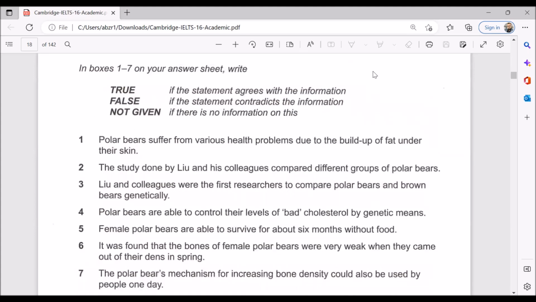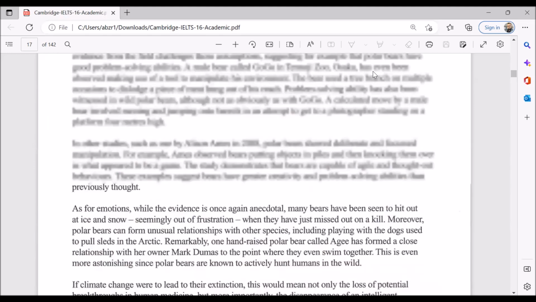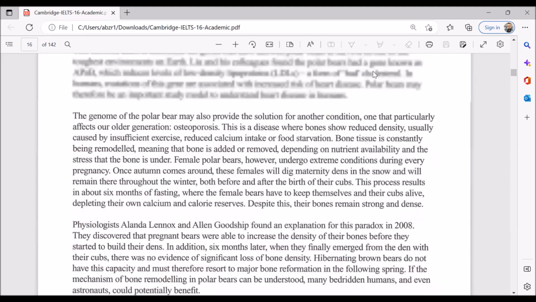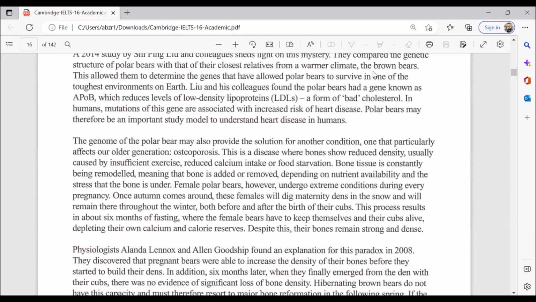Question number 5. Female polar bears. We did not read the word female at all. Now we are going to read it out somewhere, might be. Female polar bears are able to survive for about 6 months without food. These are the keywords we'll be looking for in the paragraph number 3. Now, I can see the second last thing of the third paragraph says about 6 months of fasting, but can we see the other words, females? Yes. The fourth last line of the third paragraph,